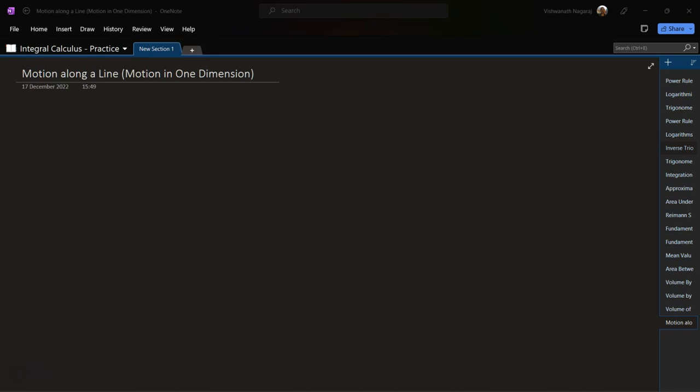Let's look at application of integration when studying the motion along a line, or motion in one dimension. We know that the displacement of an object in time t, let's say we represent it as s of t, will be given by an expression. Now, beyond that, if we look at velocity with respect to time, and then again, acceleration with respect to time,